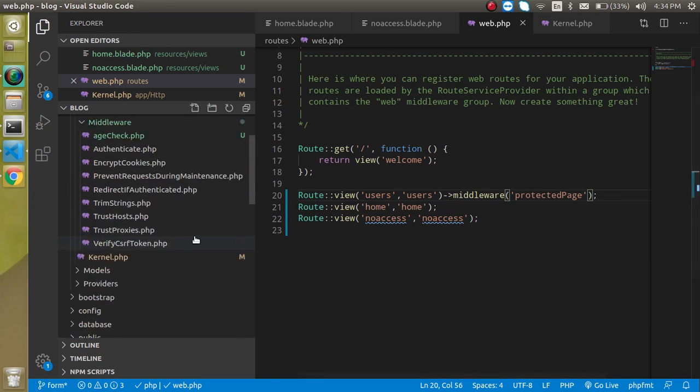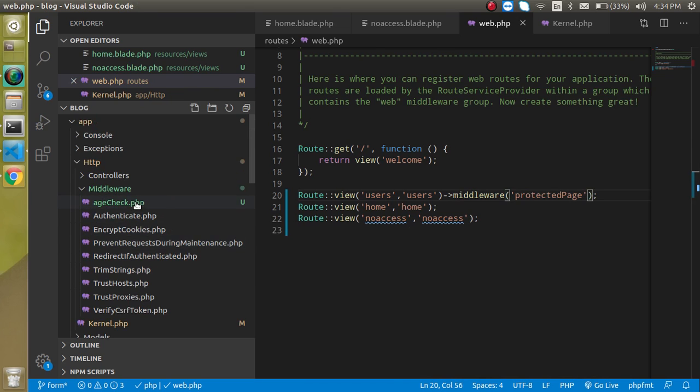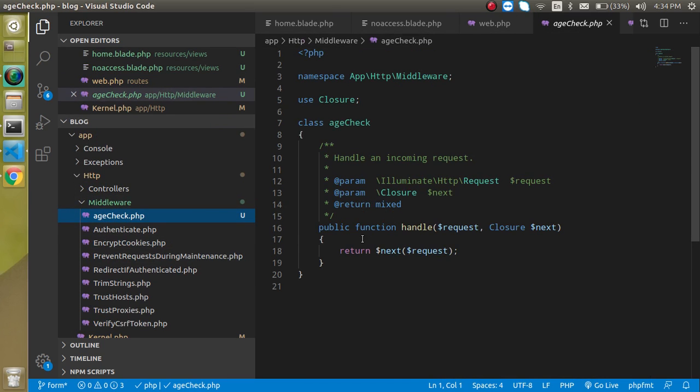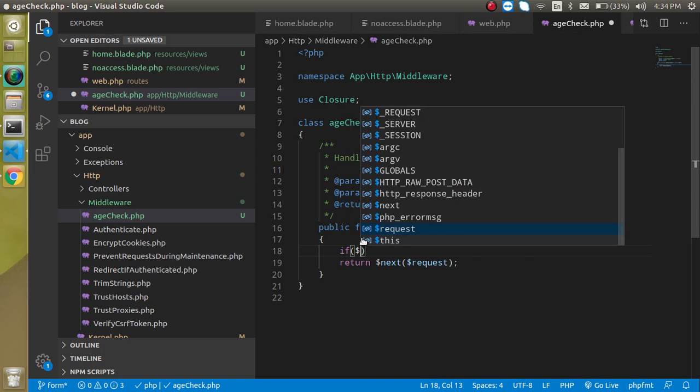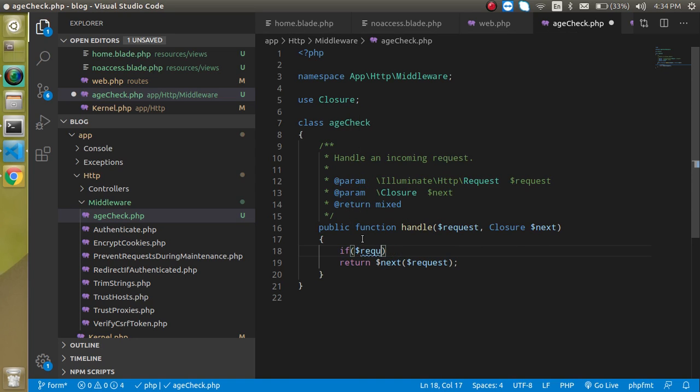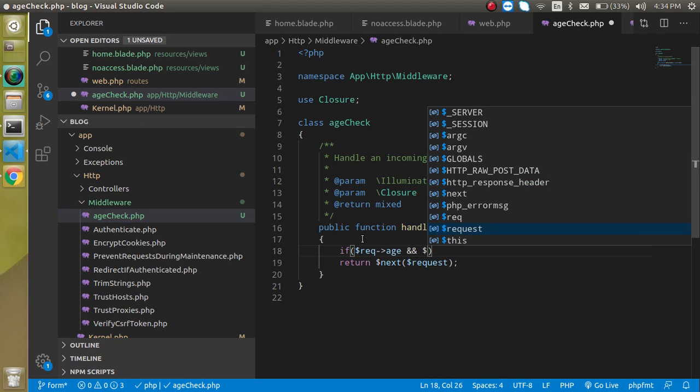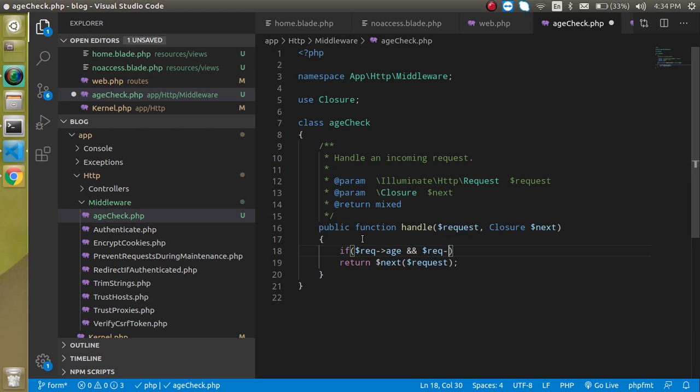And now let's make a condition for the age check. Just simply write here, okay, if $request age, and $request age is less than 18, then the user cannot access our website.